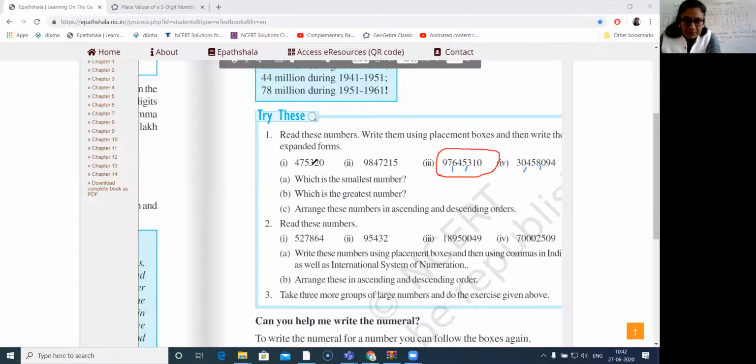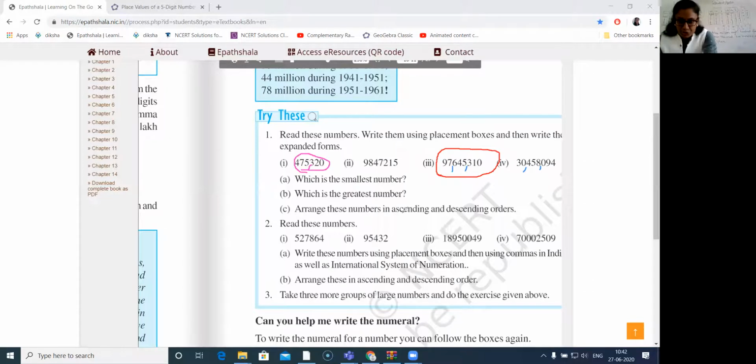See, when I put the commas, I'm doing it in the international system. So this is the thousands period and this is the ones period. So it will be 475,000 only is there. And then you have 320. So this will be the smallest. Right? So depending on the number of digits itself, you can compare first. If both two numbers are having the same number of digits, then you have to read the number and find out which is having the larger number in the higher places. So arrange them in the ascending and descending order.